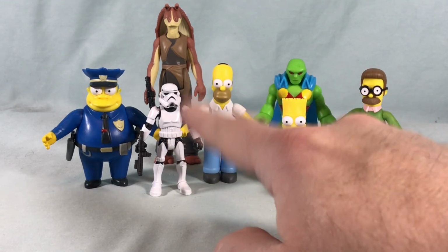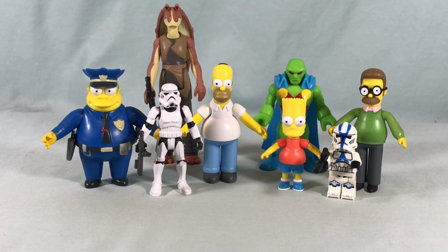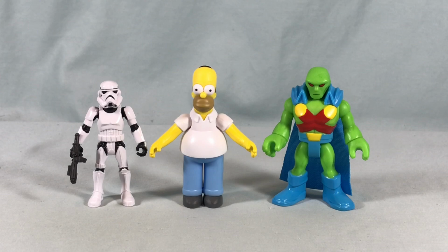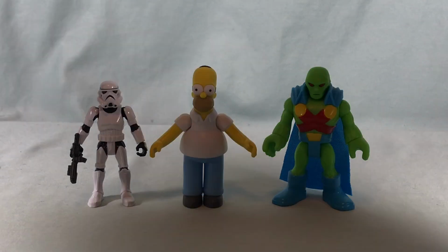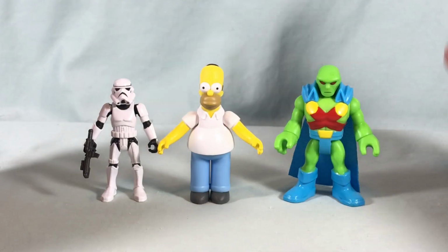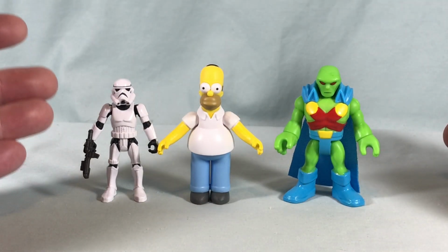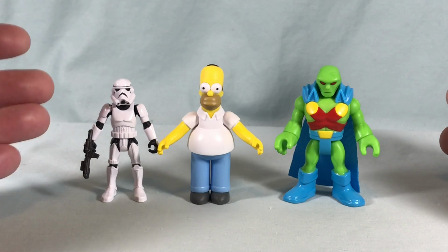And if Mission Fleet was 2.5 inches, they're definitely a little bit taller than that. So just to give you an idea of scale for these. I also kind of wanted to do a breakdown in terms of quality between these kinds of figures, because I feel like these are probably the best comparisons to draw from. You have something like Imaginext, which is a 3-inch figure, and then Star Wars Mission Fleet, which is a 2.5-inch